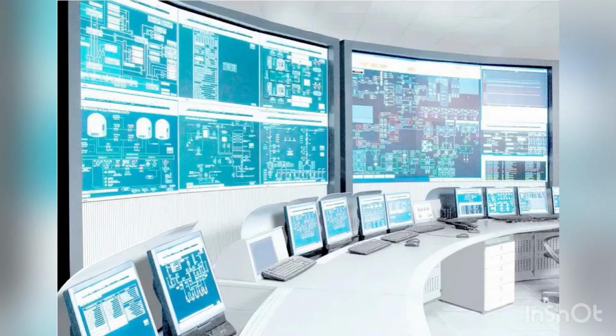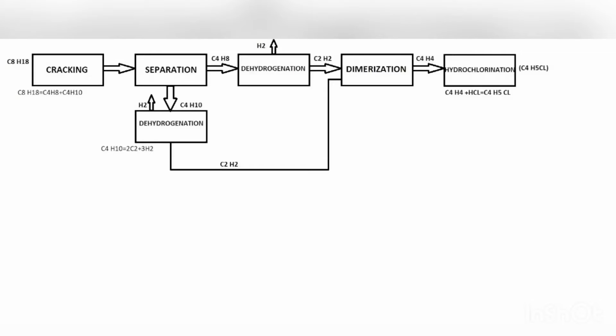So let's start. The block flow diagram (BFD) is a drawing of a chemical process used to simplify and understand the basic structure of a system. Our purpose is to convert octane to neoprene rubber. There you can see the BFD: octane goes to the cracking, after it goes to the separation, after it is divided